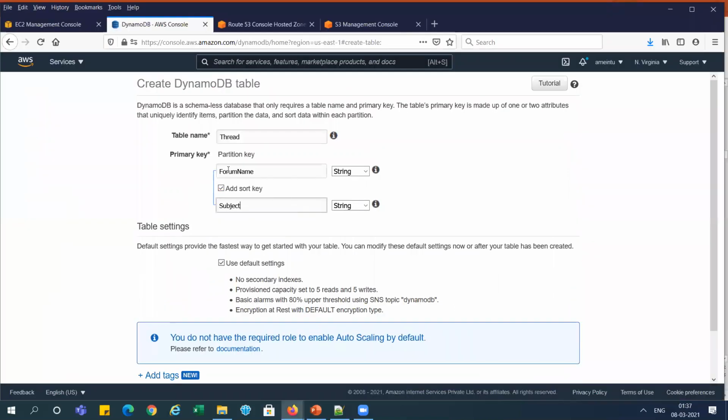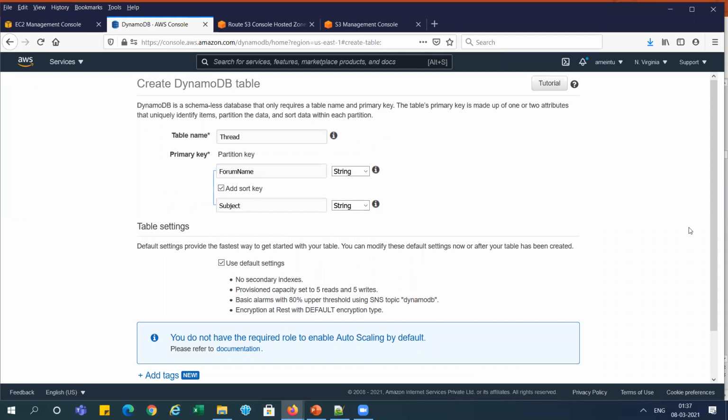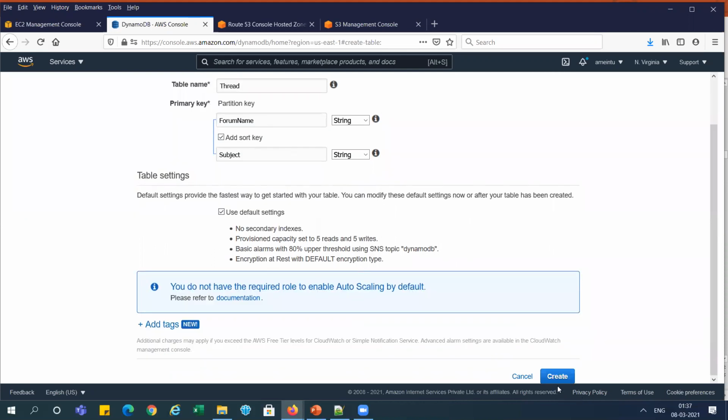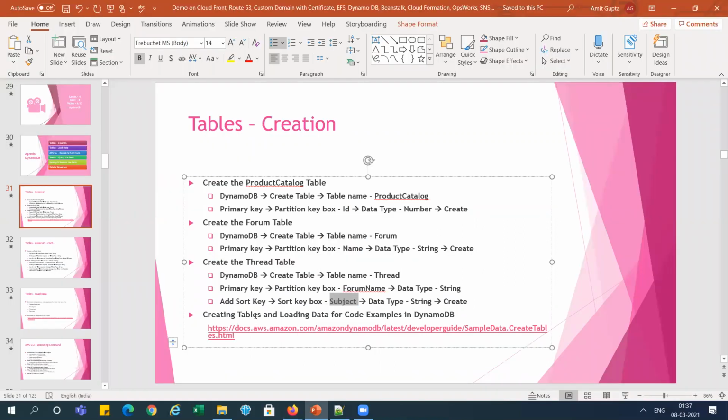So you can see here we are using both parameters as the primary key, right? So we'll just create it. The third table is created. This is the example that I have taken from the AWS site, so you can go and check it out.